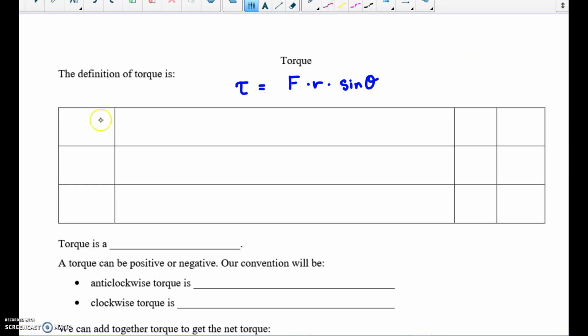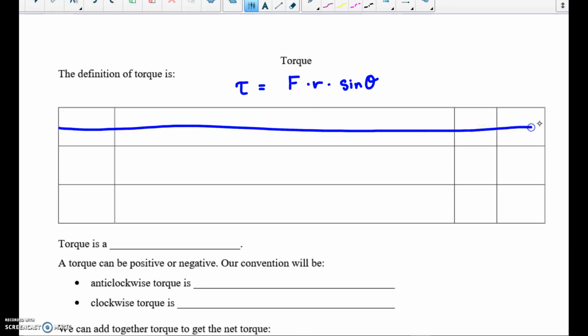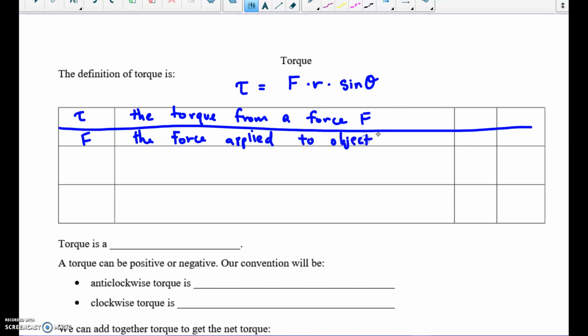There are 4 things that we need, not 3, so perhaps you add a line at the bottom, or you could extend this across. We have the torque itself, the torque from a force, F. We have F, the force which is applied to the object. We have next R. R is the distance, or position, I'll call it distance, from where the force is applied